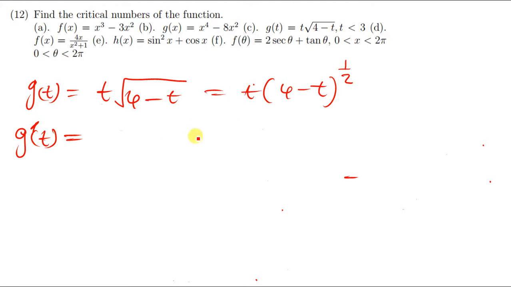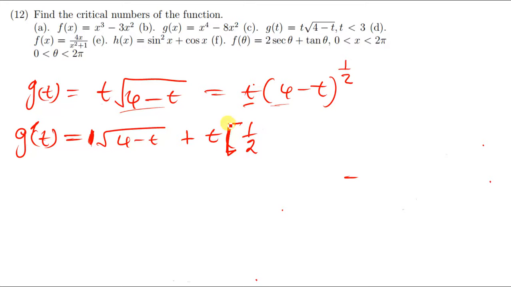equal to, using the product rule. We can differentiate this, so we can say 1, when you differentiate this part you get 1, and then you multiply it with that function, which is just the same as this function, which is the root of 4 minus t. Then you say plus finding the derivative of this. Okay, let me write t first, and then finding the derivative of this, we're going to have half, and then